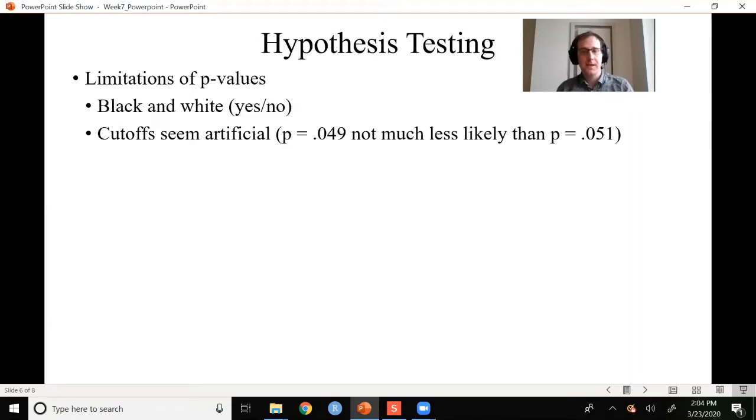So you look at this and you'd say, you're making very big differences in your decisions just based on a 0.002 difference in probability. One of these, if the null hypothesis was true, would occur by chance that extreme